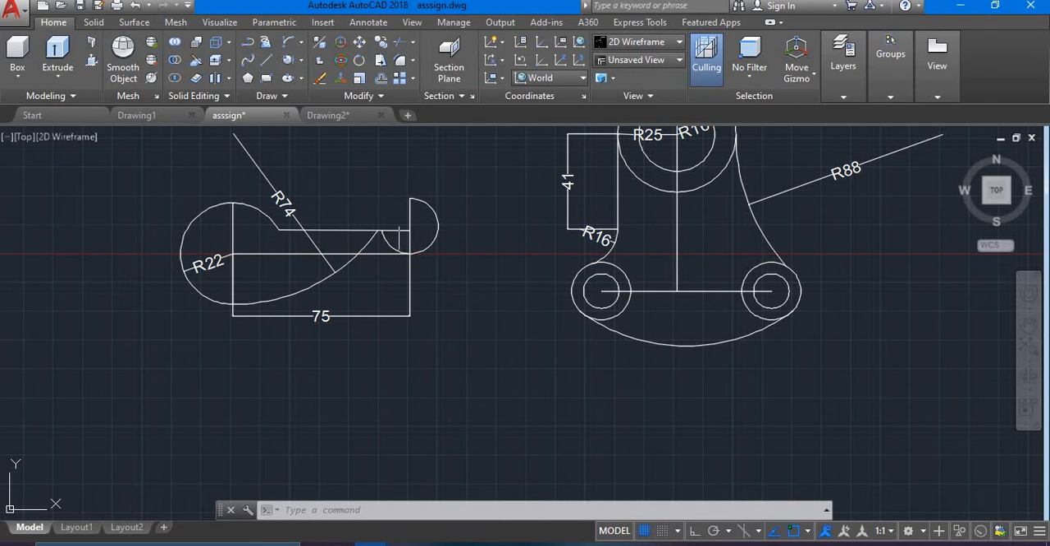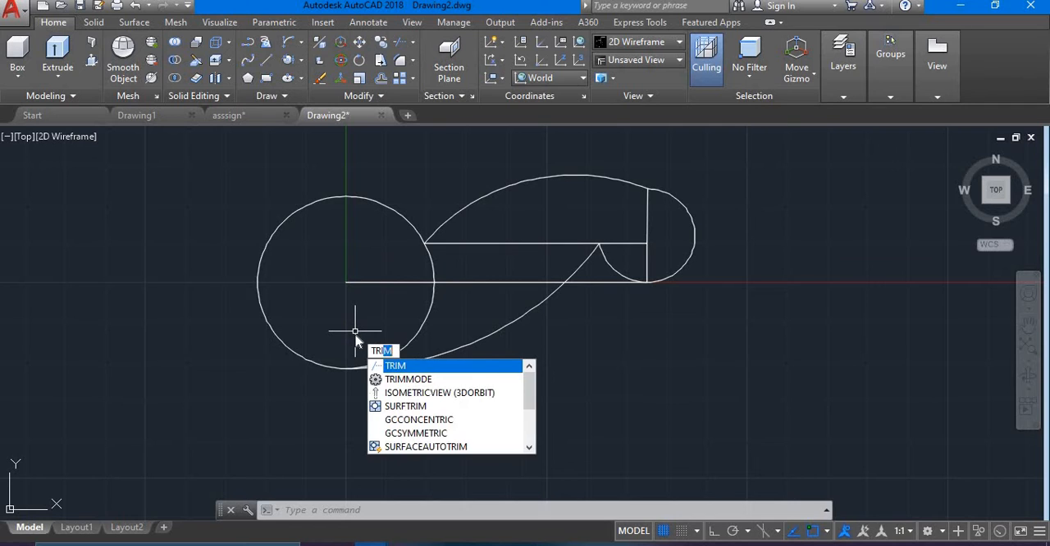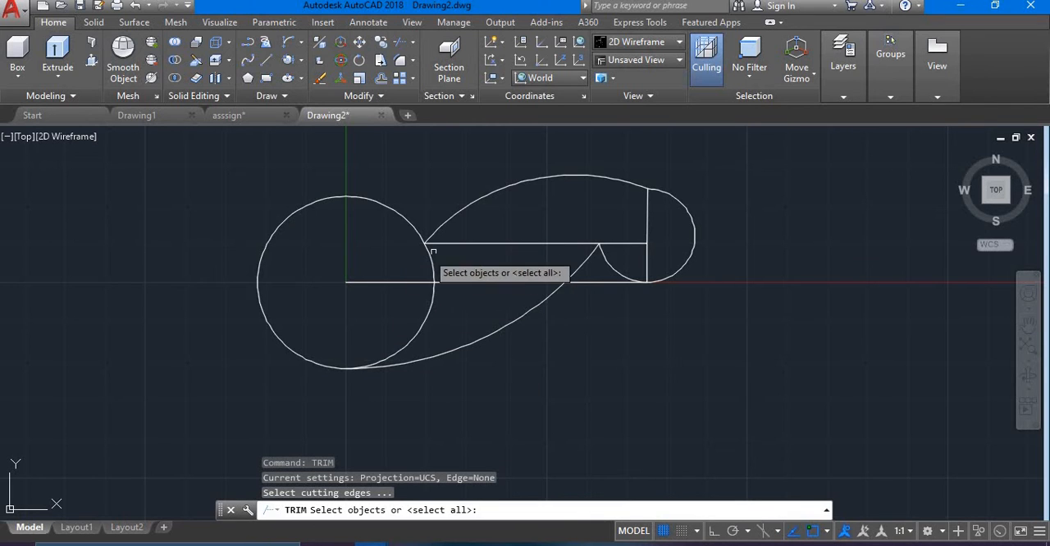That's all for this one. And the next is to trim here. Look at your drawing, you see that there is where we have a trim action here. You left click here,